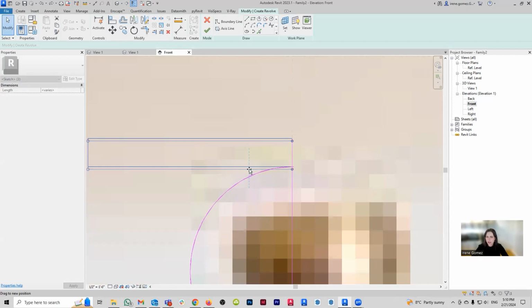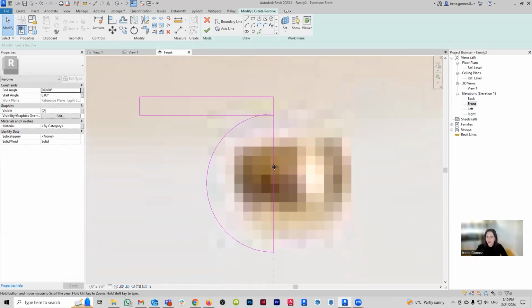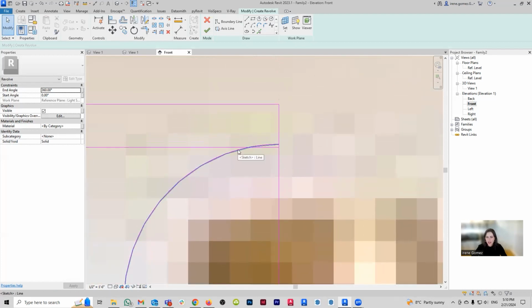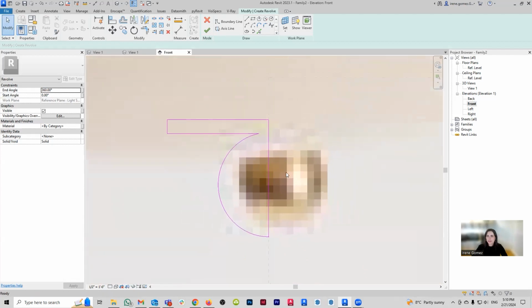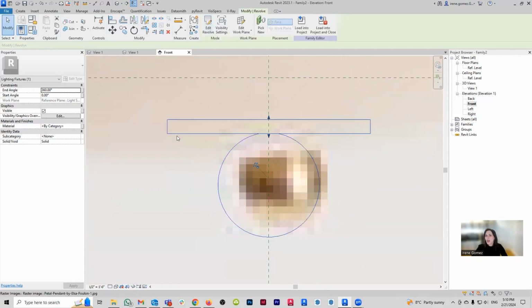So initially you might be like, wait a second, aren't we supposed to avoid intersections? Yes, you are. But what we're doing here is on purpose, because now I can go TR, trim, trim. There you go. And what you're going to see now is that if I say yes, it's going to create my geometry. So very, very important: if you're using Revolve, you want to make sure that you avoid the profile coming in on itself and then back out.